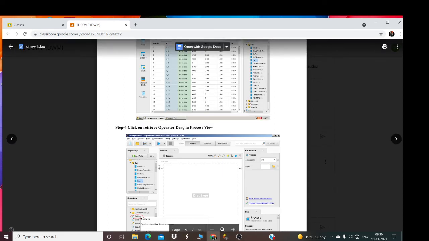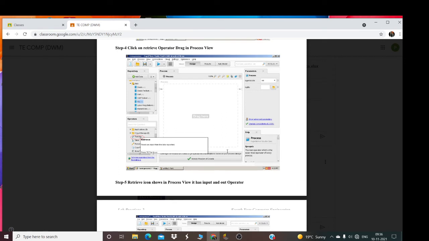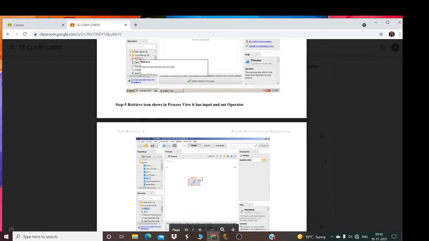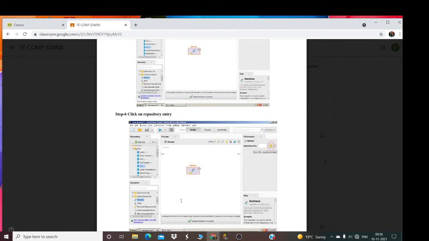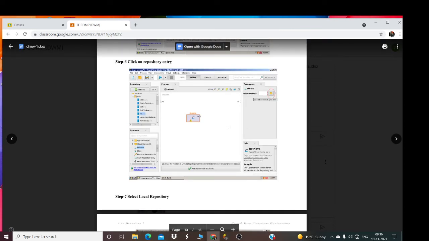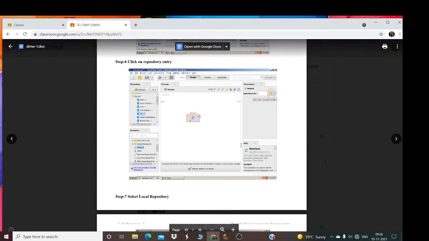Click on retrieve. Here we have operators. Search for retrieve. If you can't find it here, search for retrieve, select it and drag it here to the design mode. After that, this link will appear. The link is retrieved to here, and select the repository entry. The repository entry is the path of the data where you have stored your data.